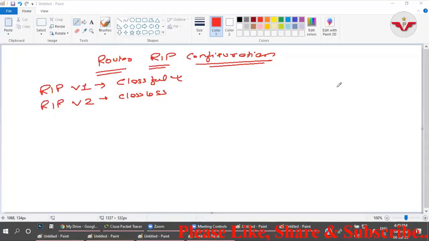Yes, so the main difference is RIP v1 is classful and RIP v2 is classless. Now, what is a classful routing protocol and what is a classless routing protocol? If you have attended IP addressing and subnetting classes, you know what classful IP address and classless IP address mean.